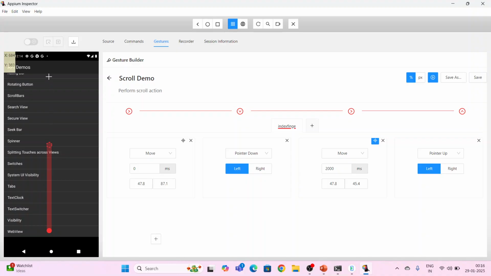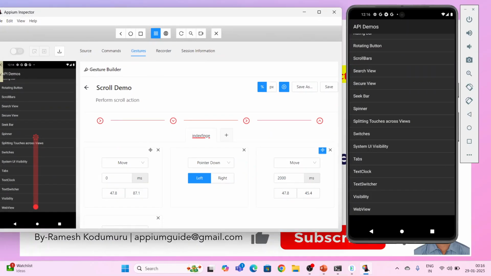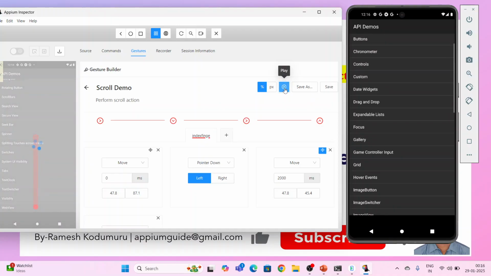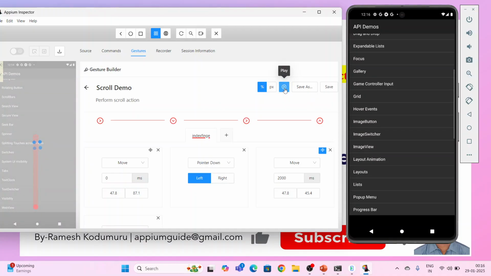Till previously it was here, now it is here. Means I am scrolling to a certain percentage of scroll here. Okay, now once again I'll run it here. See, now you can see the speed also, I given 2 seconds here. I just say play. You can see it will not perform 100% scroll, it performs a certain amount of scroll